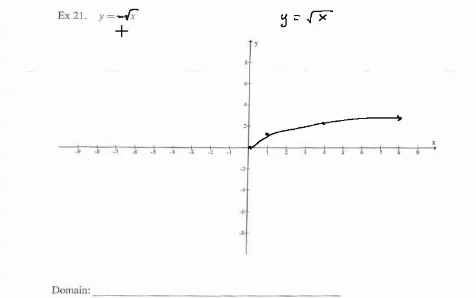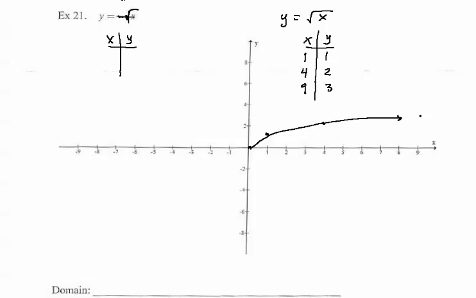Now, when we had a table, we said the square root of 1 was 1, the square root of 4 was 2, and the square root of 9 was 3. Alright, and if we kept going, I'd probably cross through 3 out here somewhere, maybe right about there. Now, if we look at the table